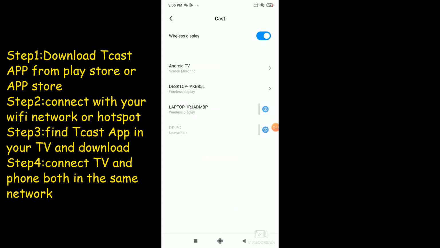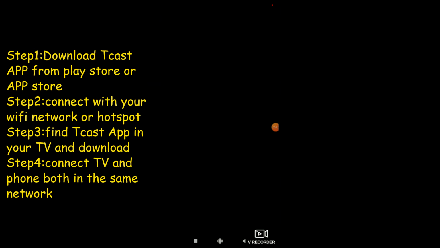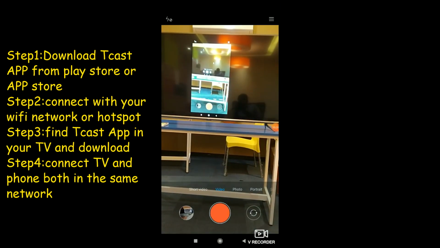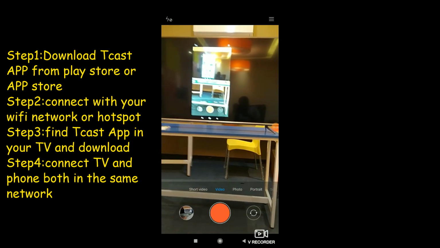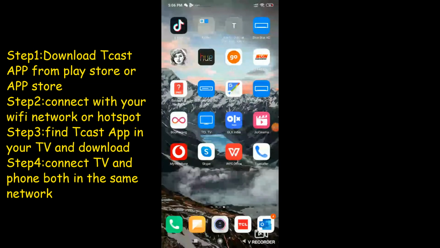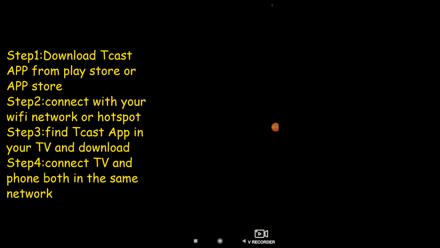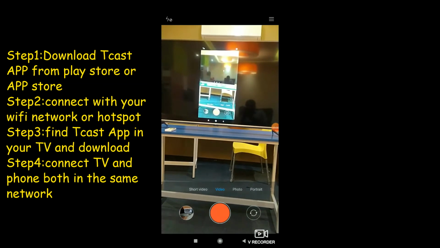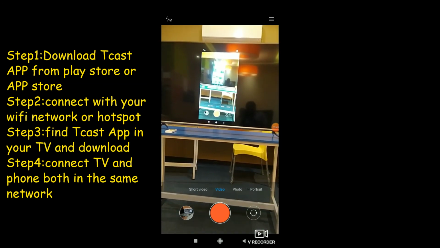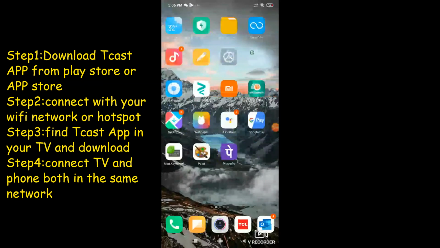Here you can select Android TV, whichever TV name you have given will automatically show. Now the screen is appearing on the TV.